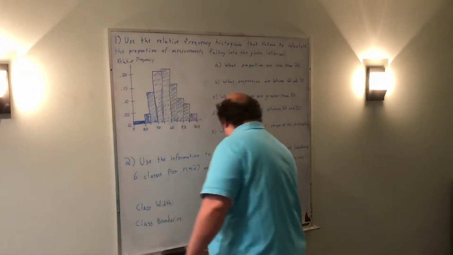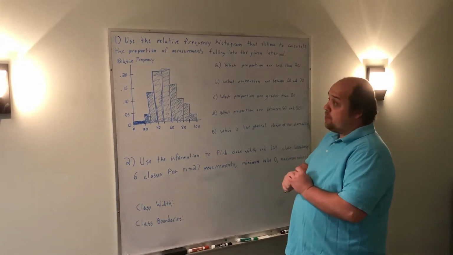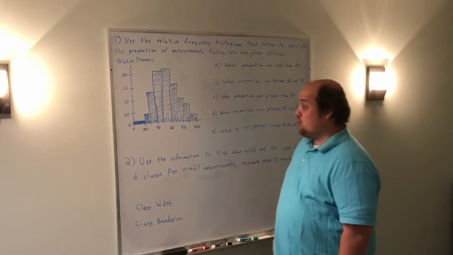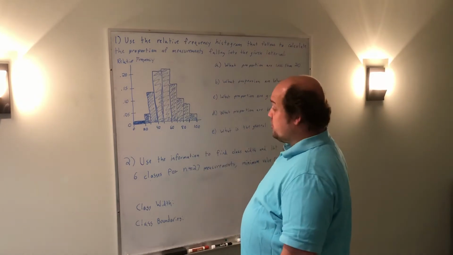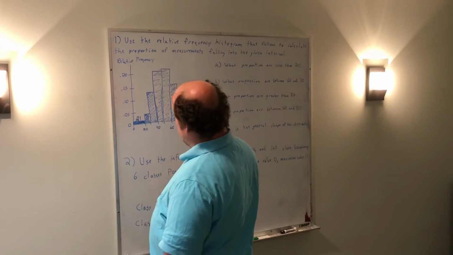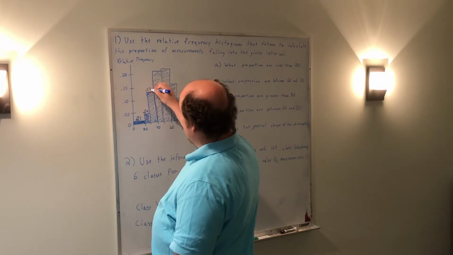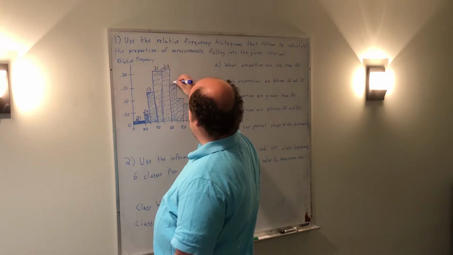Classwork on histograms starts with a histogram that's given to us where we're asked to find certain proportions. I think the best thing to do for this is to try and figure out what the individual bars are as proportions before I start answering these questions. So this first part I'm going to say is about 0.01. This second bar is 0.04. This bar is 0.13, 0.21, 0.22,